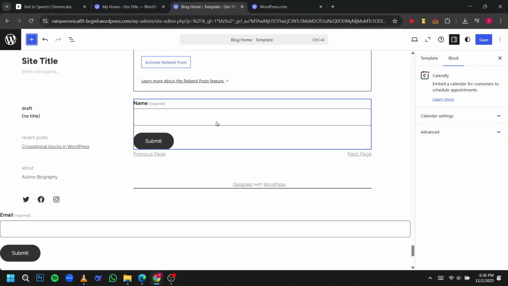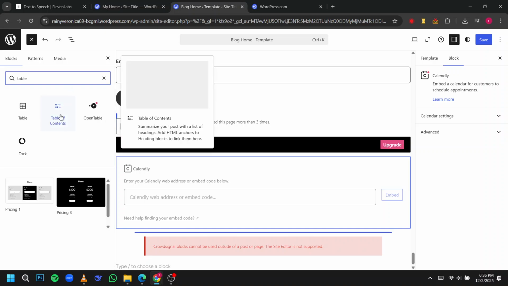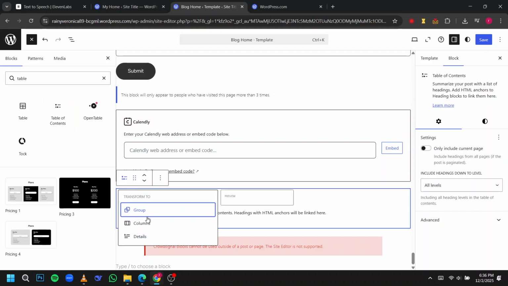In the editor, look at the top left corner and click the Add button. This opens the block menu, which lists all the elements you can insert into your page, from text and images to more advanced features. In the search bar, type Table of Contents. When the block appears in the search results, click on it to add it to your page. The Table of Contents block will automatically generate a list based on the headings in your content, making navigation simple